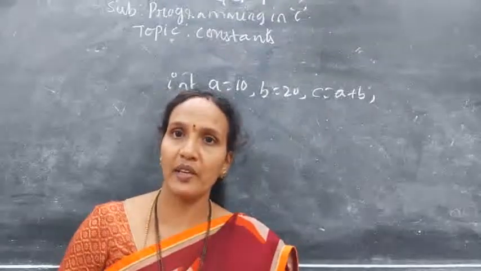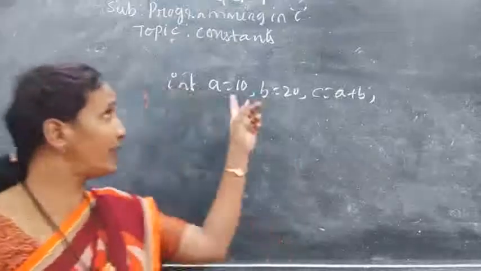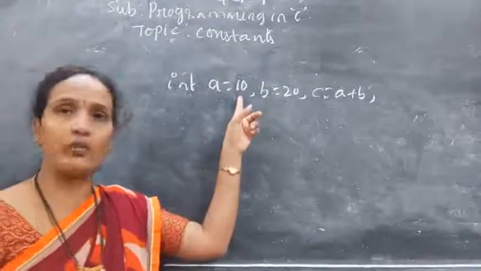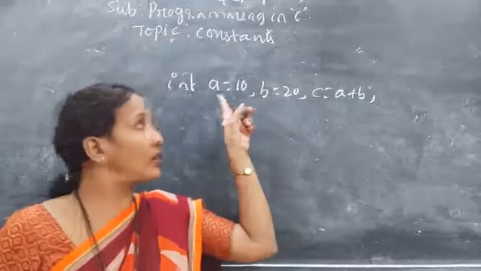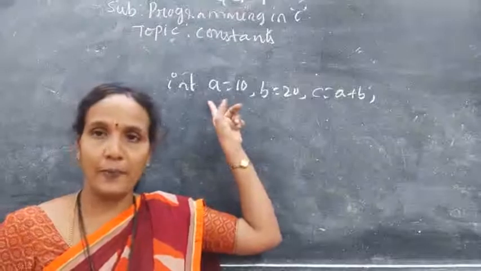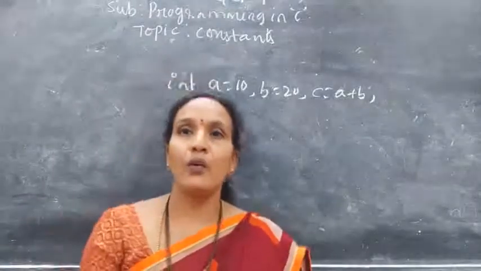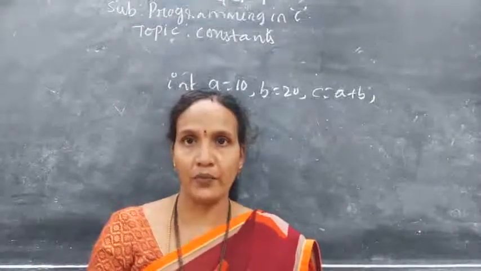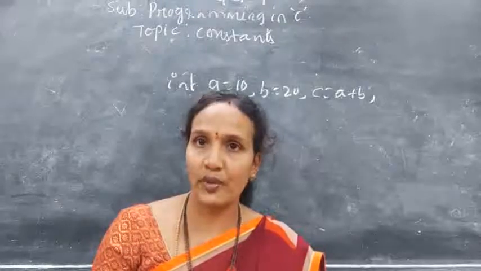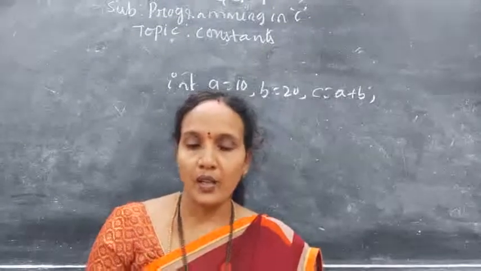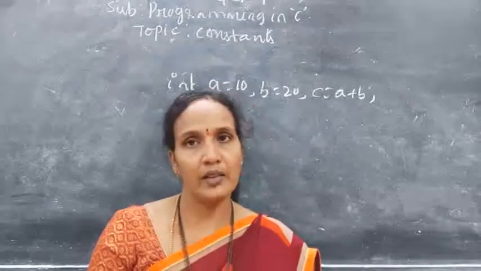A variable can be a constant when a value is assigned to that variable. Here A is a variable only, but we assign the value and that value is fixed throughout your program execution. That is why here it is called a constant. So what is a constant? A constant is similar to a variable, but it holds a fixed value which never changes during program execution. Such a variable is called a constant. In C programming, we have different types of constants, which we'll discuss now.